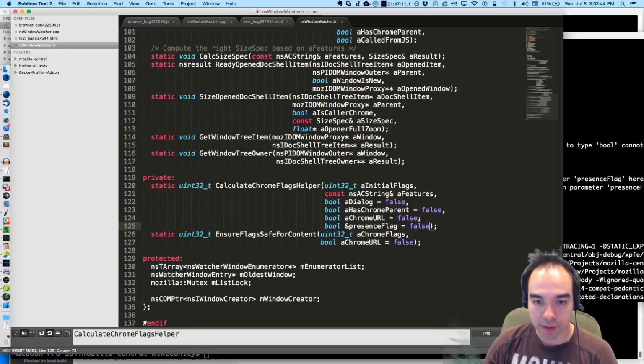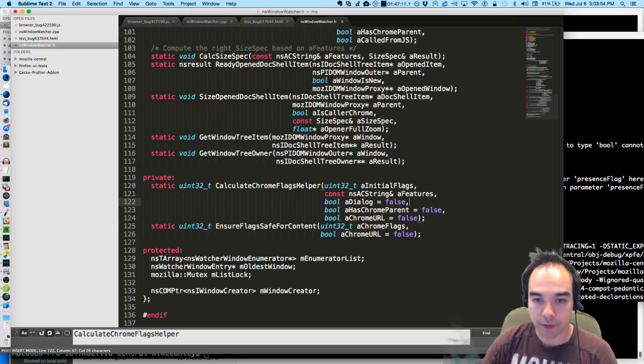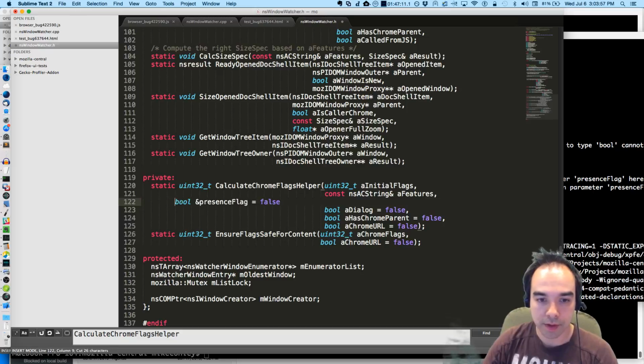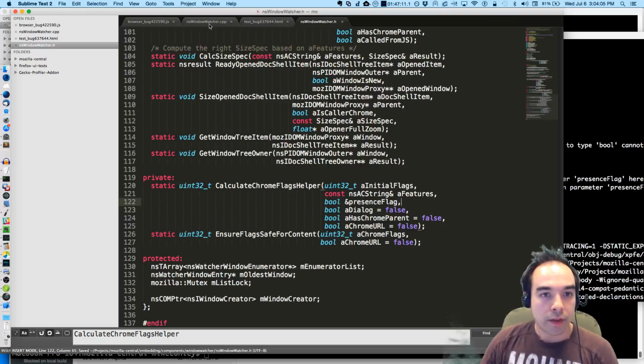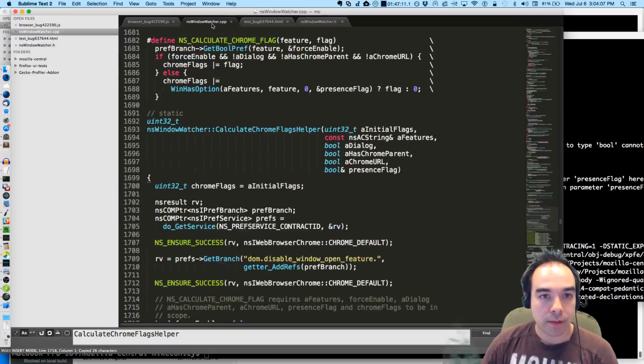I feel bad about this. Hold up, what am I going to do? I think what I need to do is put this before the optional arguments, the presence flag. And then the calculate Chrome flags helper, we'll have to move that.